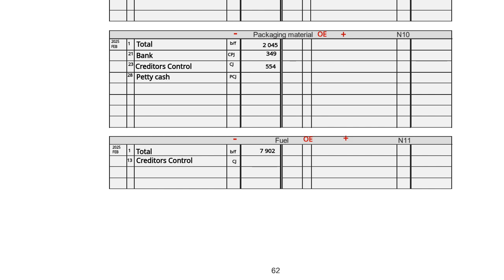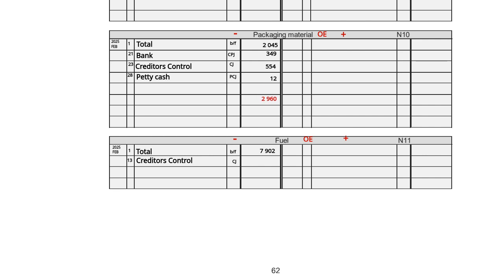The same applies to your CPJ. It didn't have a column. You use the date on the 21st because it went to sundries. And then if you go to your petty cash journal, your total for packaging material was 12 Rand. This time you'll use the 28th because it had a column for packaging material. Now we've entered all our entries from our journals, so we can add up our debit side and we get